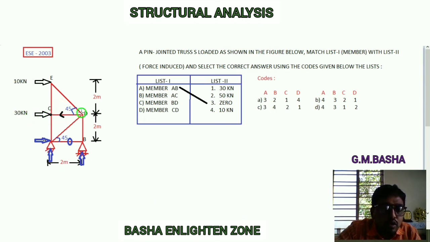Resolving sigma H equal to 0, 30 kilonewtons will be equal to the force in the member CD. There are no other forces at some angle to resolve horizontally and vertically here. If I take vertically, the force in the member CE will be equal to the force in the member AC. But resolving horizontally, you get directly the force in the member CD equal to 30 kilonewtons. Where is 30 kilonewtons? Here. In these 2 options, which matches D for 1? Option C will be correct. For AB it is option 3, and for CD it is option 1. Therefore your answer will be the third one.